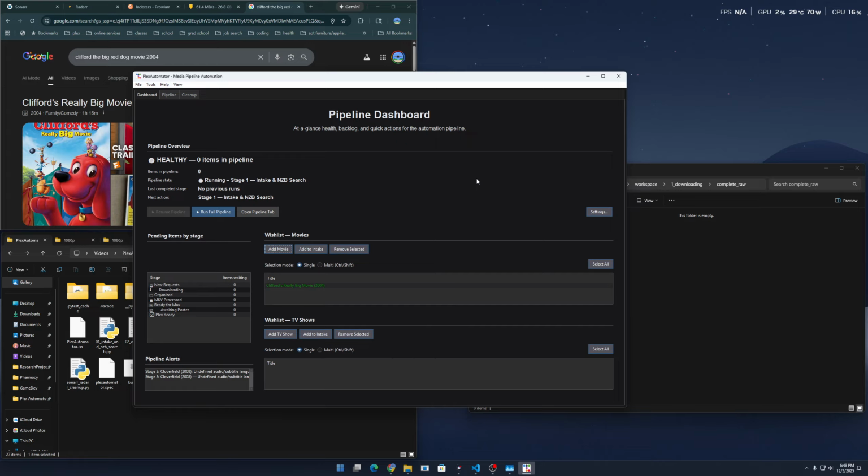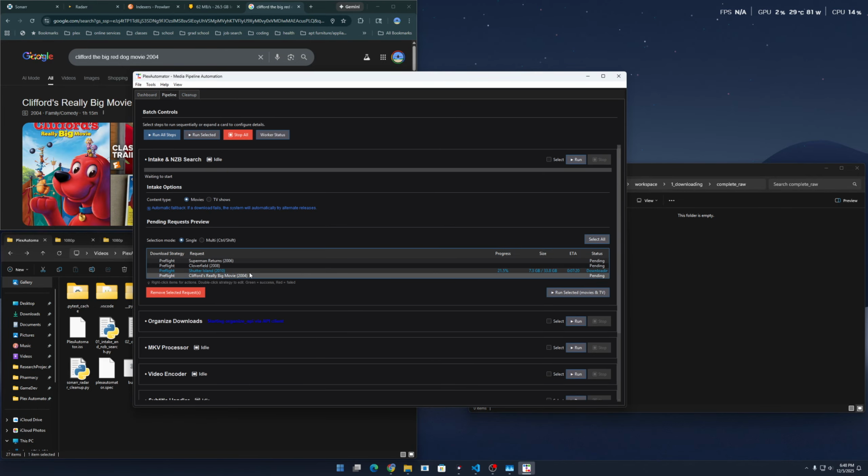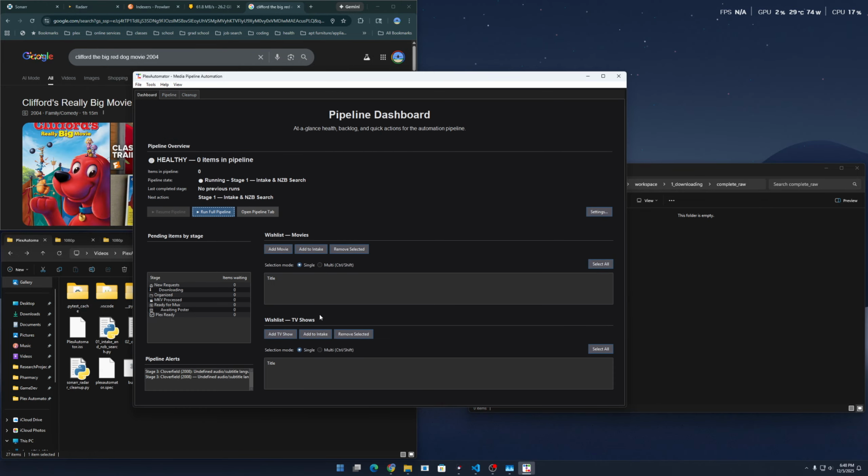Once it's resolved, you can then add it to intake, and it's going to populate on the intake card. As you can see there. Now for TV shows, it's a lot cooler. It's a bit cooler in that,